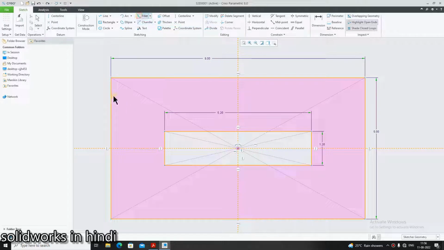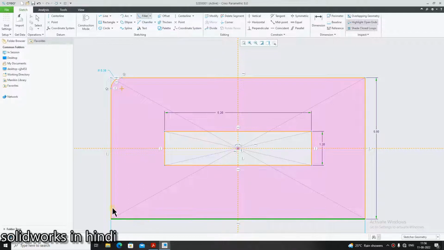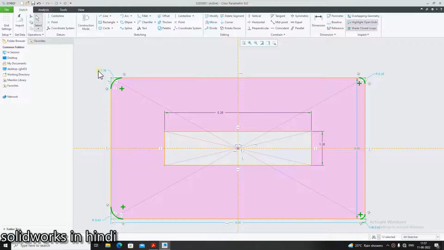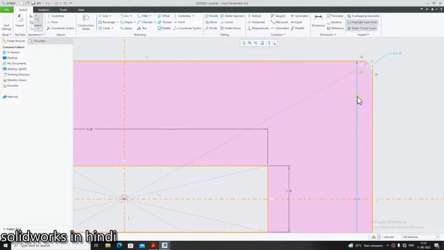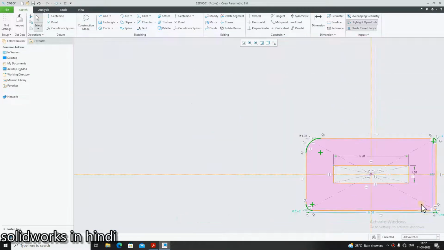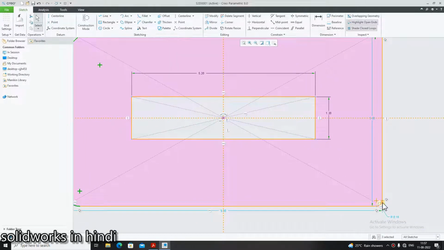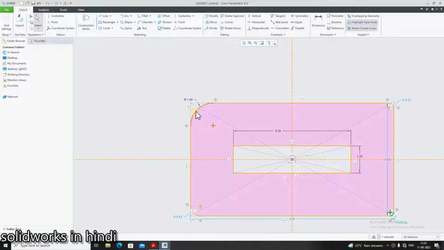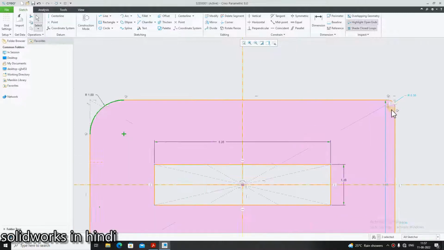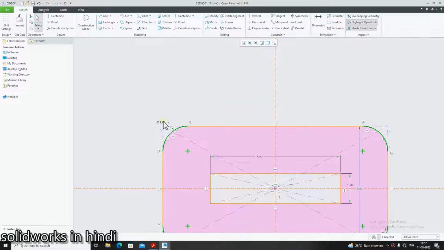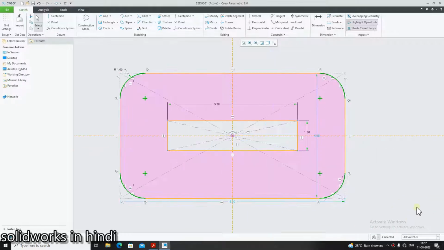So go in the fillet and make the fillet on this outer rectangle. Give the dimension 1 mm. Then we will click here, click here, click here and click here. 1, 2, 3 and 4, all are equal to the dimension R1. Okay,